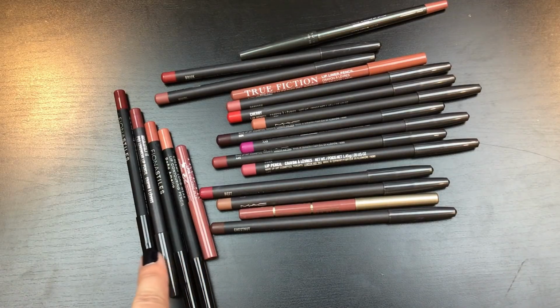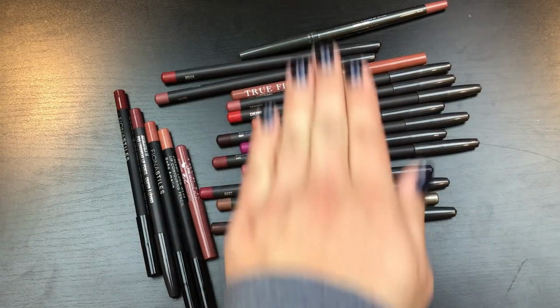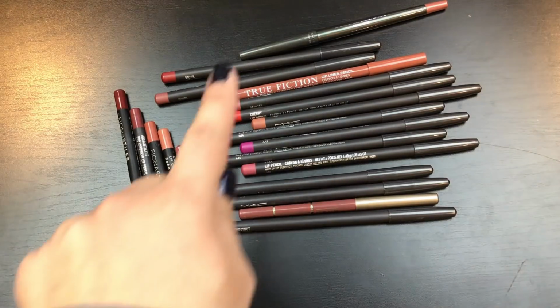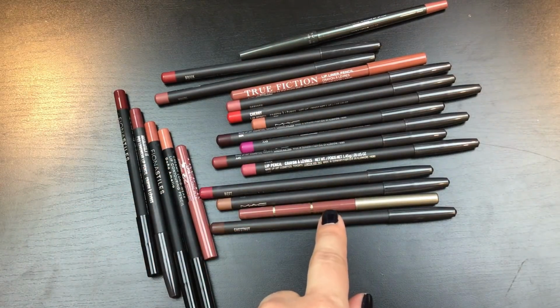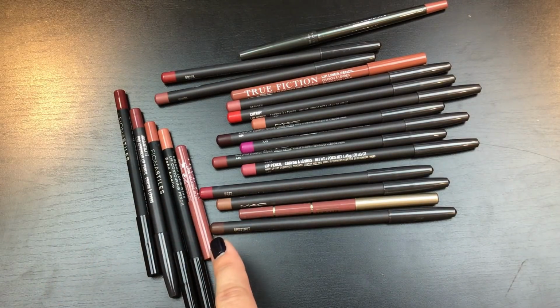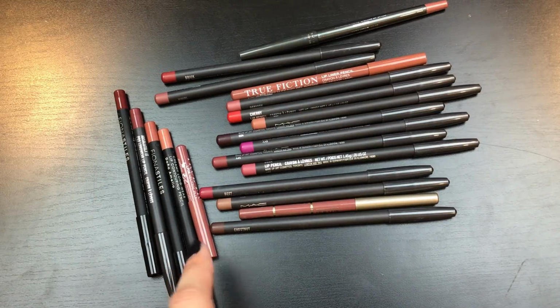And then these 4 is what I want to work on this year. So these are probably going to be here for a while. These 4 I want to use up because these are more of the gel formula and they're starting to dry up. These are all sharpening pencil ones with the exception of that one. So I just want to use these 4 up right here. So should be done. And I think I used up